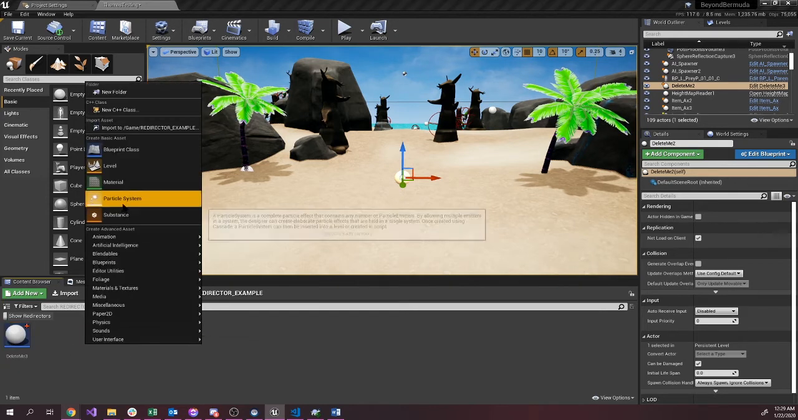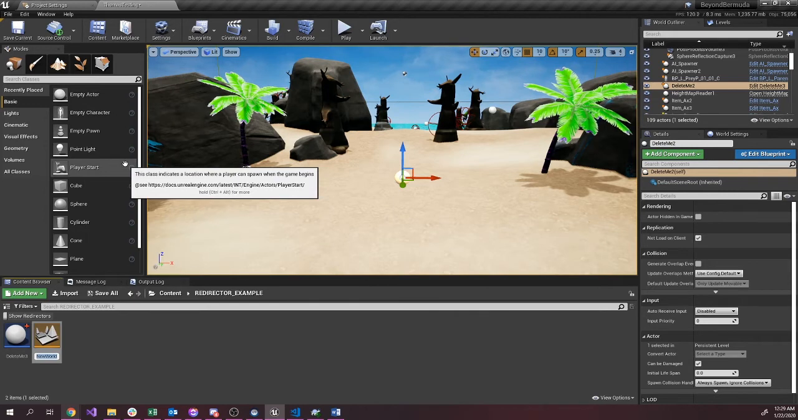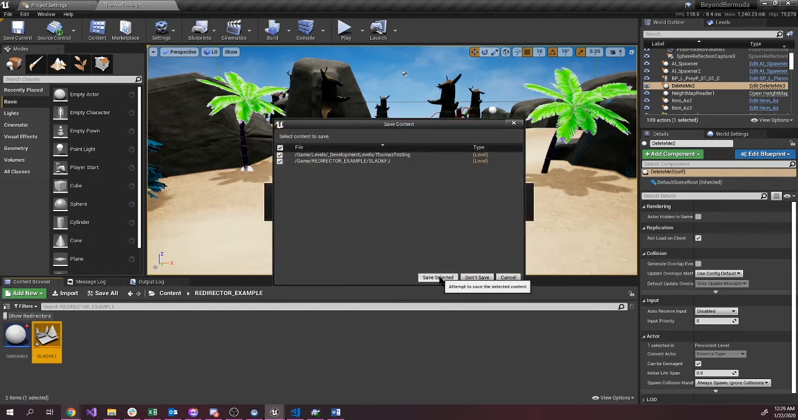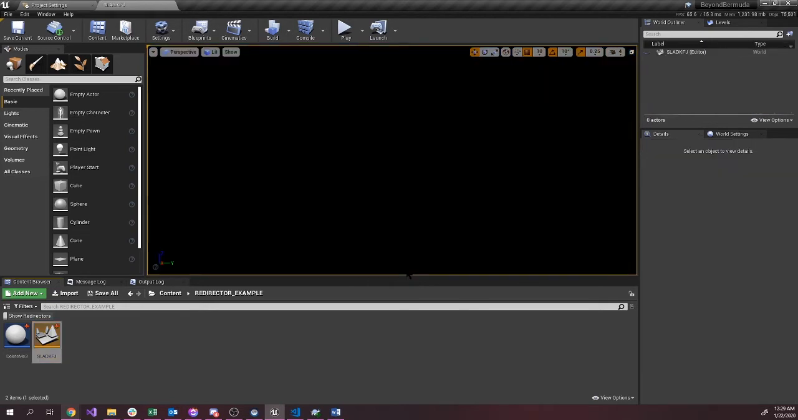Let's create a new level now. New level. Yes, I would like to save all these. Now we have a completely empty level. There's absolutely nothing in here, and we're not going to add anything to it. What I'm going to do right now is F2 on delete me 3. We're going to call it delete me 4